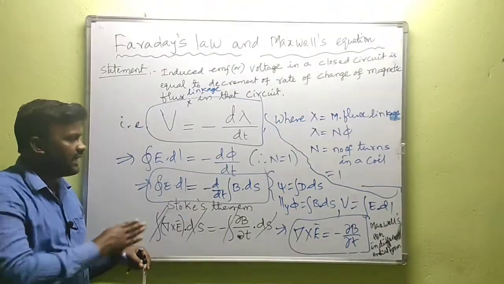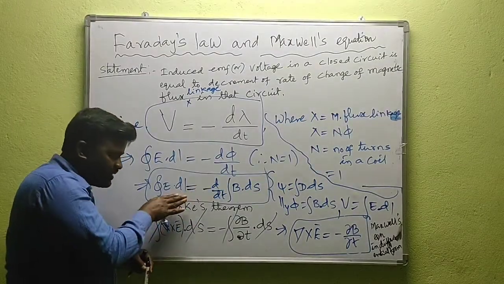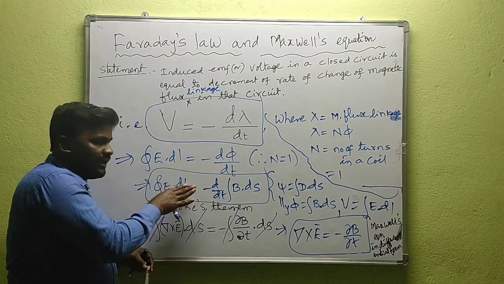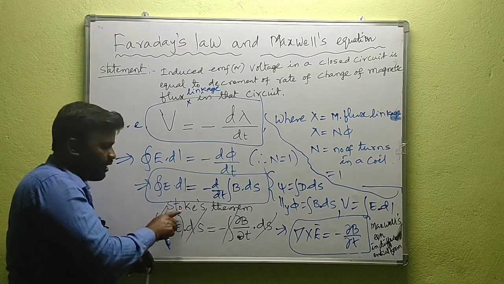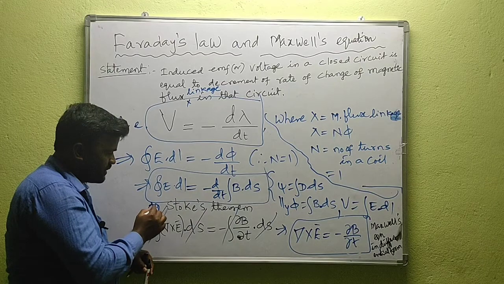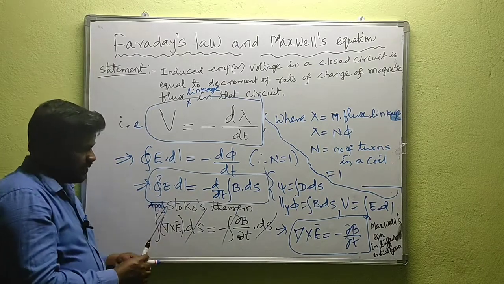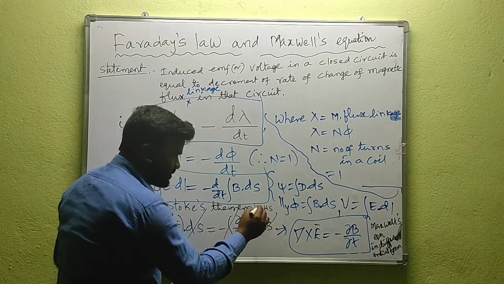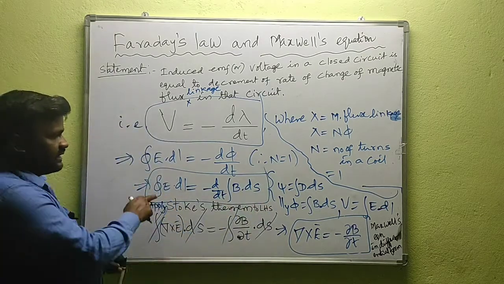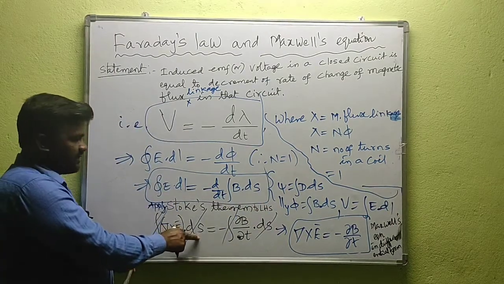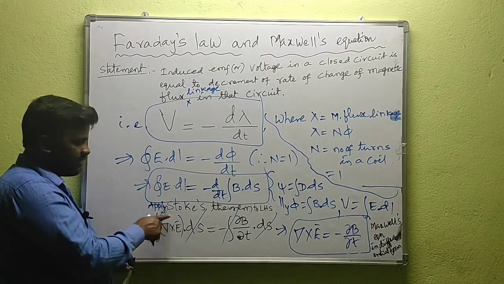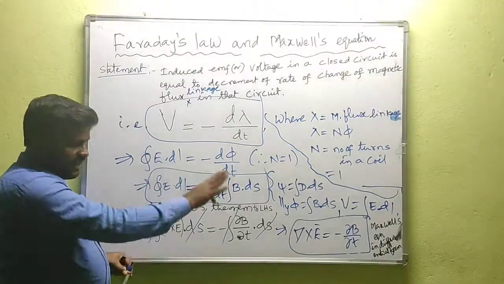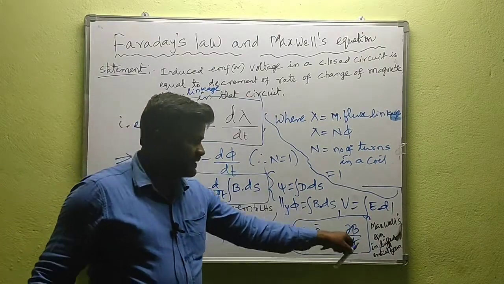We know that a closed line can define an open surface, so that means what? In order to convert this closed line integral into an open surface integral, we need to apply Stokes theorem. Let us apply Stokes theorem to LHS of the above equation. That means what? This closed line integral becomes the surface integral and vector becomes the curl of that vector like this, that is del cross E, and after simplification we will get del cross E equal to minus del B by del t.